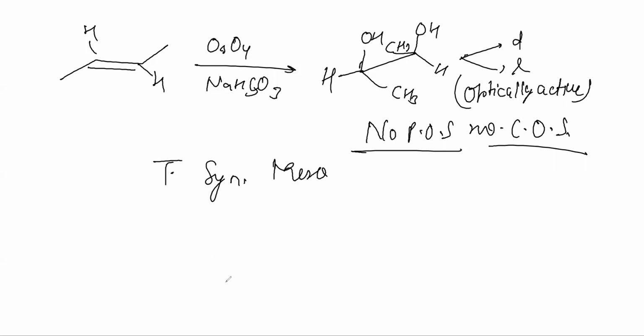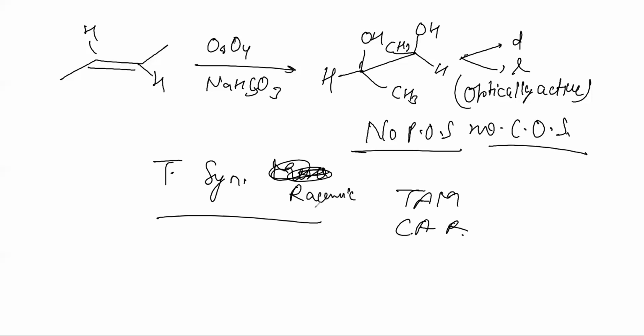It is just opposite of the previous reaction. In that, we had cis alkene, anti-addition, racemic mixture. Oh, sorry. This is not meso. What am I writing? It will be racemic mixture. I'm remembering the earlier reaction. That's why I wrote meso. So it will be something like cis syn meso and trans syn racemic. Cis alkene, syn addition, meso; trans alkene, syn addition, racemic mixture.